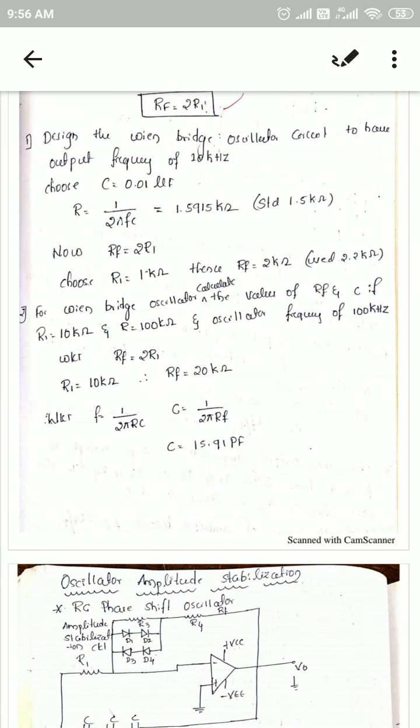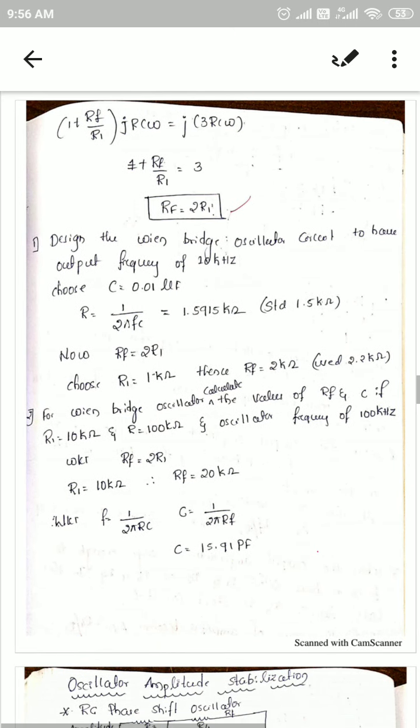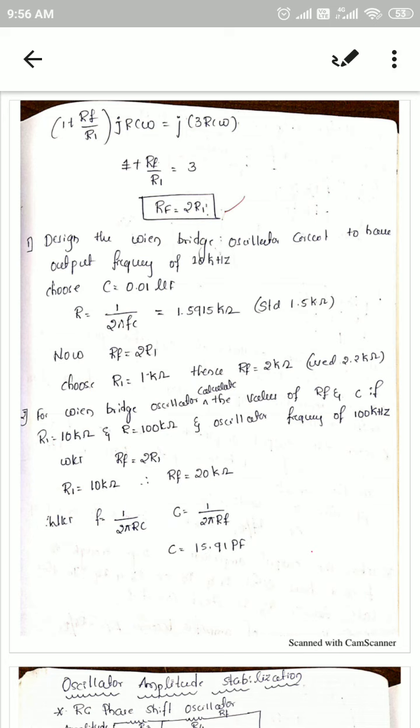Yes, good morning students. In the previous video we discussed the RC phase shift oscillator and the Wien bridge oscillator, and we deduced the expressions for the frequency and for the gain of both types of oscillatory circuits. Here we'll design some oscillatory circuits. So we'll design the Wien bridge oscillatory circuit, and then we'll go on to the next concepts.